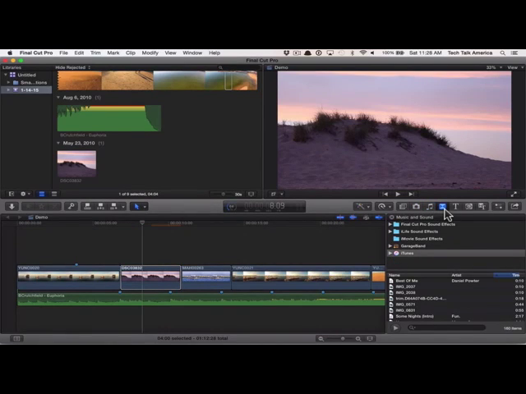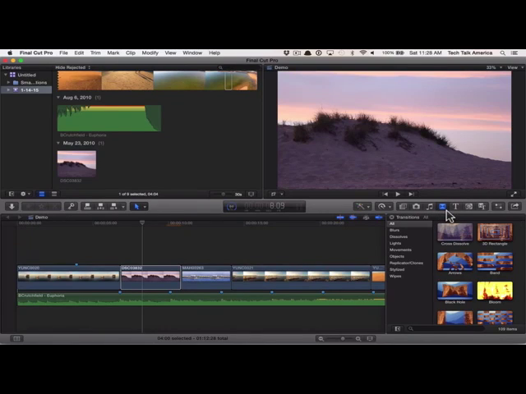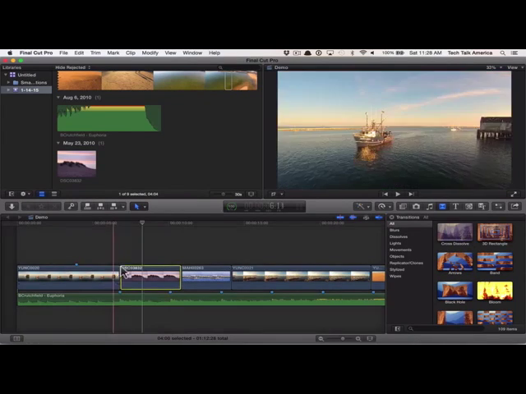The next one here, I've never really got what this icon is trying to look like. I tend to think it looks a little bit like an hourglass. Maybe they're trying to make it look like a curtain. It's transitions. So if you want to add a transition to your shots, like let's say, for example, forgive me,